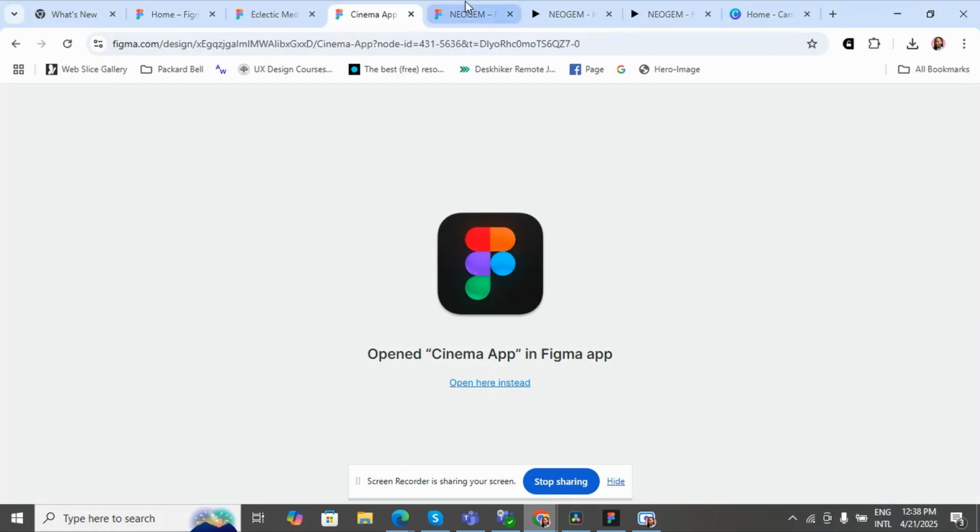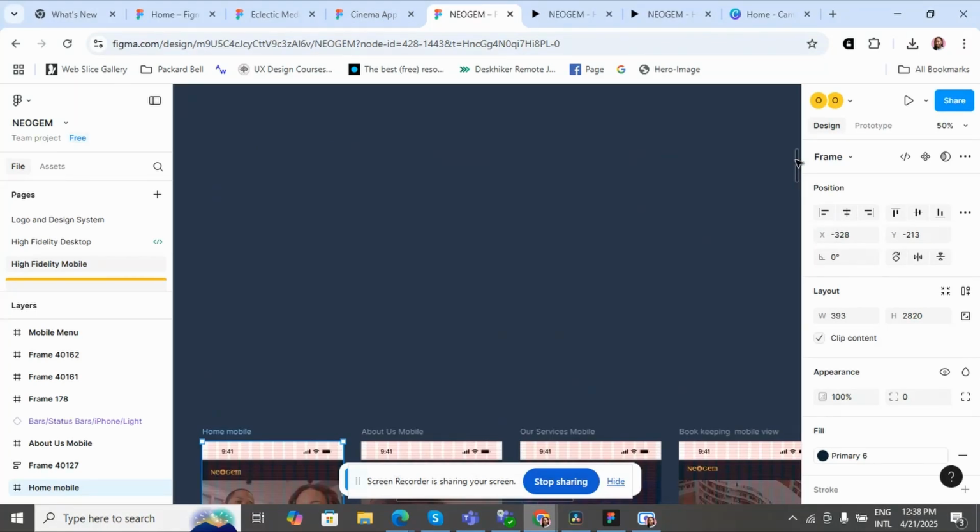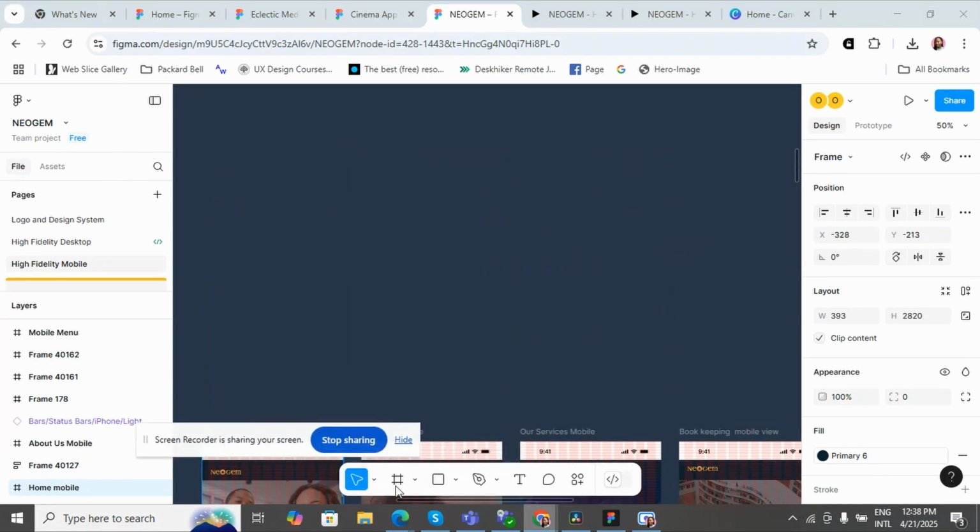And one of the things I like about Figma is that with Figma we can design with different screen sizes. So even if it is a brand new product with a screen size that has never existed before, Figma allows you to go and create a new one. So for example, before I even go to the customized frame, I just go to Figma and I want to do a new frame. When I click on frame,